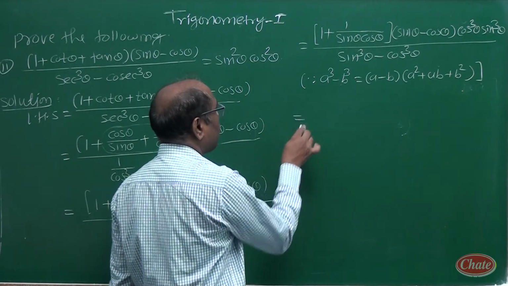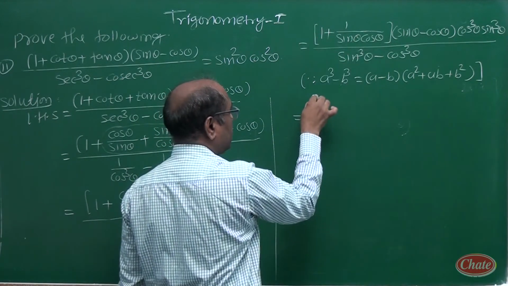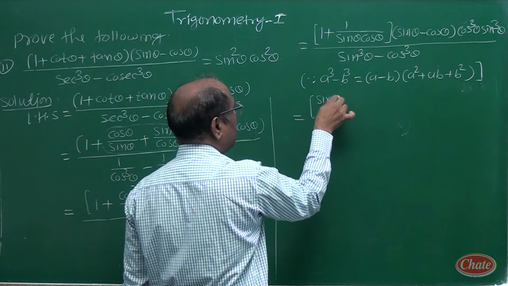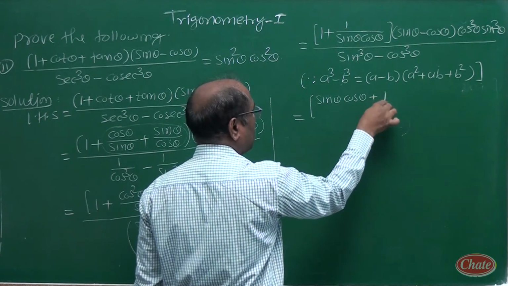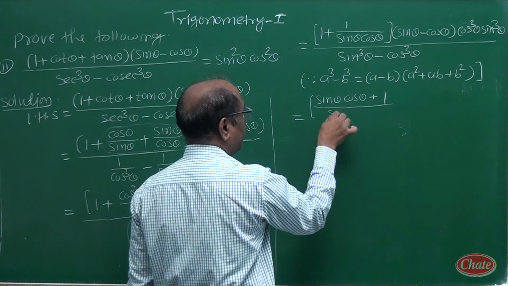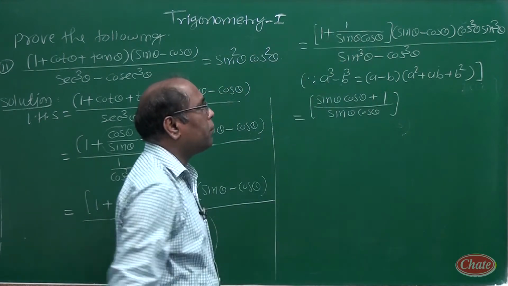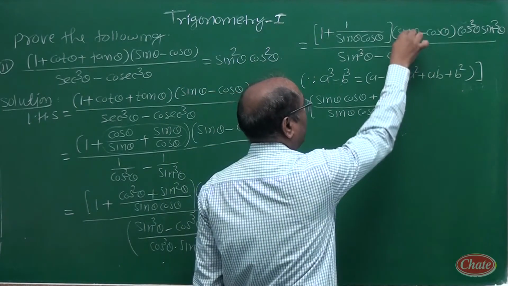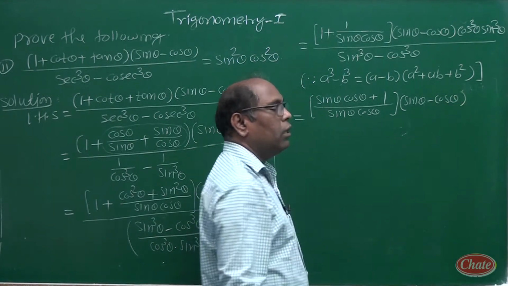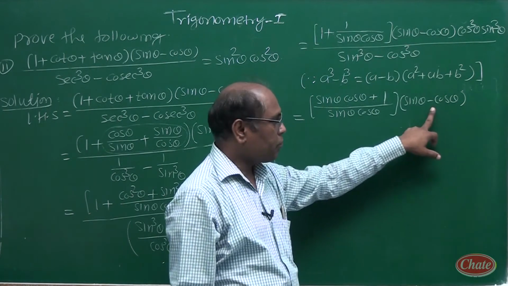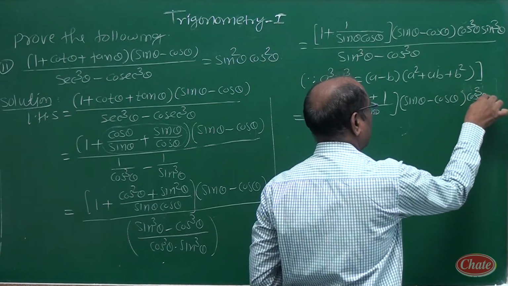So therefore that is equal to, now if we take the cross multiplication in this bracket, what we get? Sin theta cos theta plus 1 divided by sin theta into cos theta, into sin theta minus cos theta as it is, into cos cube theta into sin cube theta